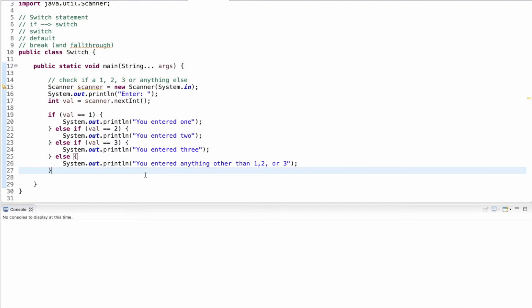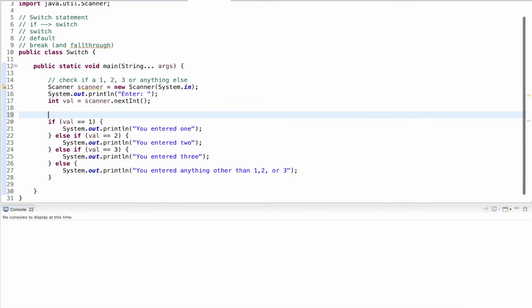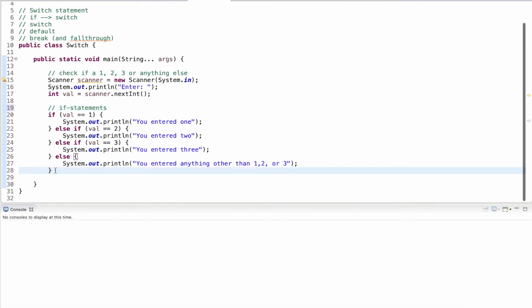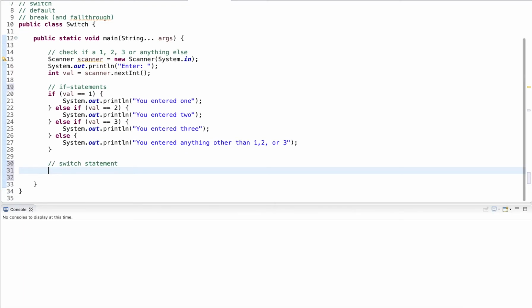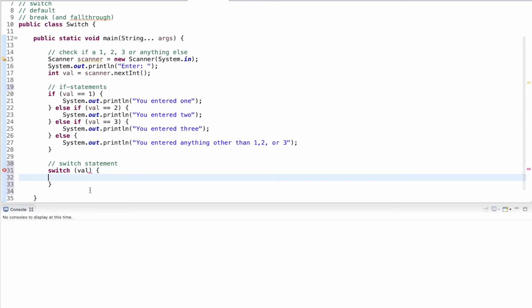Now let's convert this to a switch statement. So this one here is my if statement block, and here I write the switch statement below. Now the switch statement starts with the switch keyword followed in parentheses, and then I pass in the variable that I want to check, and I have a code block.